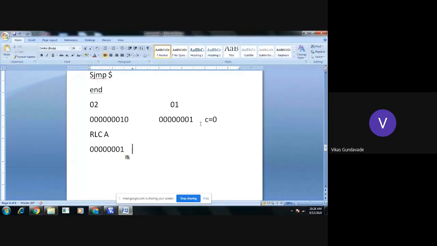The D0th bit will become D1, and so on, and the D7th bit will get shifted to the carry, and carry will get shifted to the LSB bit. Okay. So after rotating left, the new contents will become 0 0 0 0 0 0 1 0. That was the previous contents. These will be the previous contents which are available in the memory.